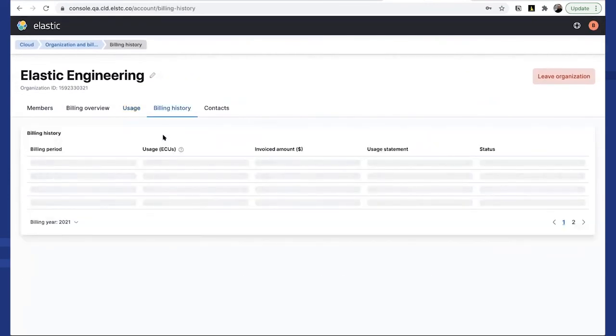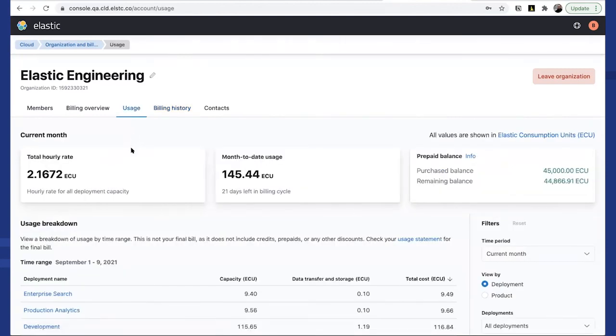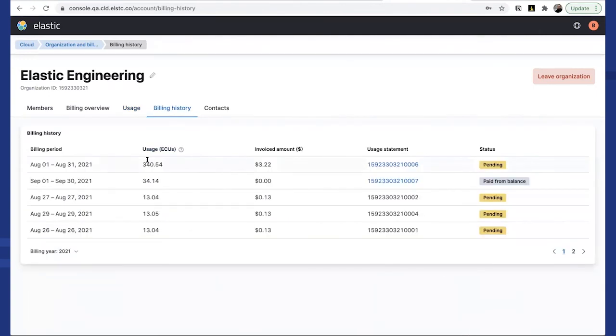Finally, I want to wrap up this demo by showing the billing history page, which is as billed. If the usage page was real-time exploration of all your usage information or resource consumption information, billing history is the as billed. As we bill you monthly, did you pay by your balance, or did you deplete your credits and had to pay by overages? This is the page for you to understand that information.